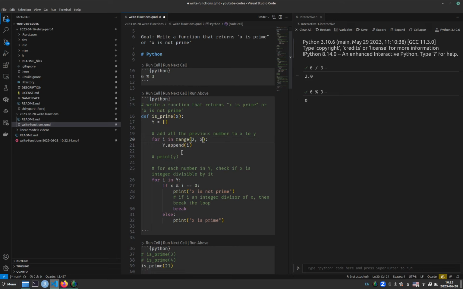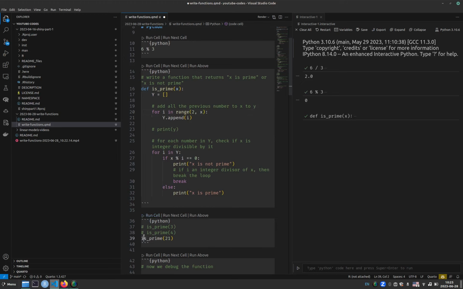But this function has a problem, and we need to explore which is the actual problem. So I will run the cell now to have the function in memory. And now I will test different values as inputs. So I will test if number 3 is prime, and the function tells me x is prime. Then I test if 4 is prime, and it tells me x is not prime, which is correct, same as the previous case. But now if we test, let's say 21,